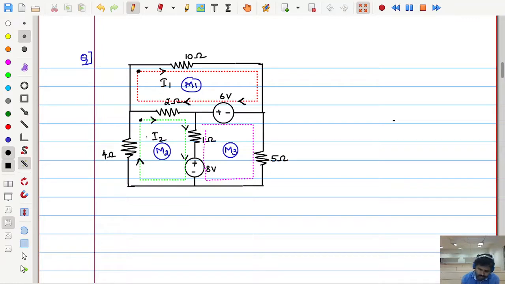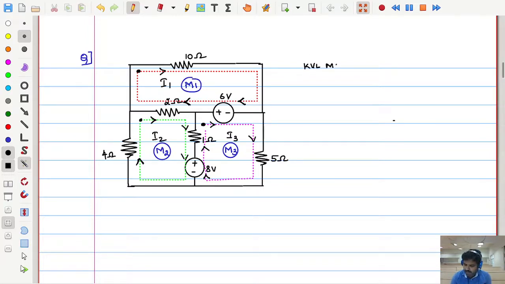Clockwise. Yes, sir. Now your friend started the journey over here. Then immediately the 6 volts source came, one arrow. Then downward here, one more arrow. Here, one more arrow. Here, one more arrow. This is what? How much is the current? I3. Now let us take the next step. What is the next step? Write KVL for each mesh.